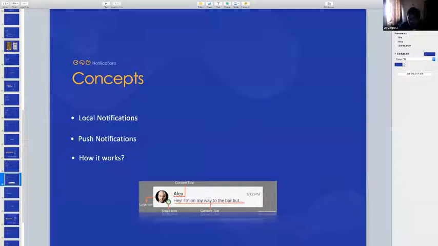Payload is basically a JSON format. Probably you guys are aware of JSON format. JSON is considered key value pairs, where you say, okay, key content title is Alex, content large icon is a particular profile picture, and all these details you will mention within the payload. Once it is delivered, you can see it, and the player can discard it as per his wish. Or once the player taps on it, it will take them to the app directly.